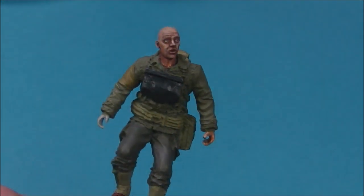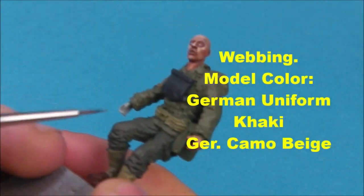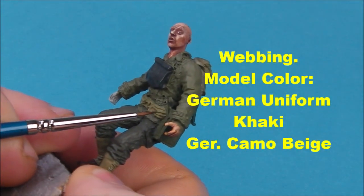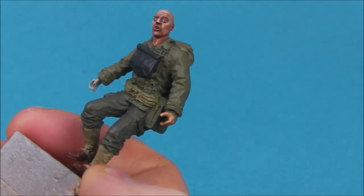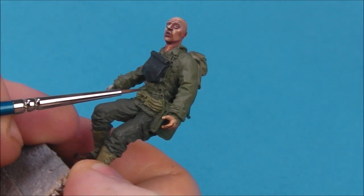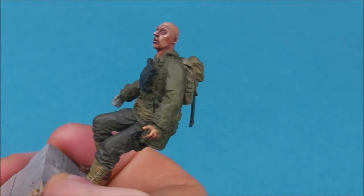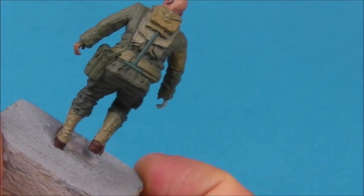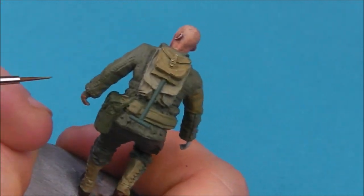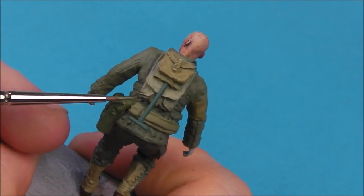So moving on to arguably the most tricky part of this entire project, webbing. I'm going to be using mixtures of German uniform, the khaki colour, the Russian uniform colour, and the German camo beige, just for different straps and equipment. It's up to you what you want to pick. What made this difficult is the sculpting in certain places on this figure is not great. It's quite spongy in certain places, and the webbing is one of these. At times it's a little bit hard to